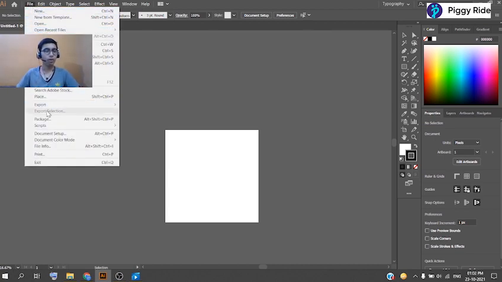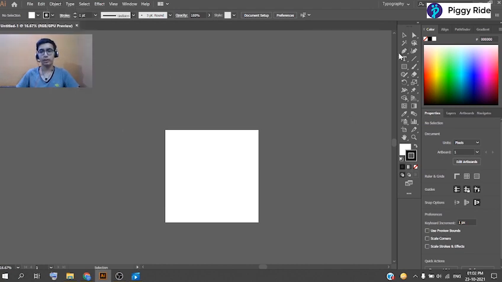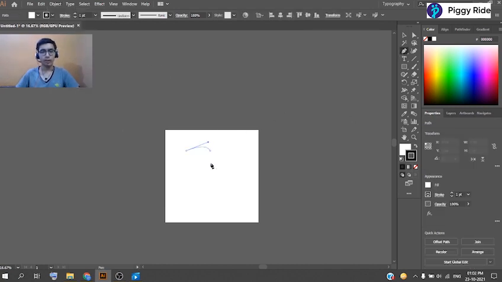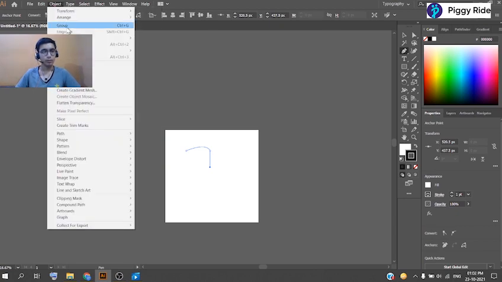As I said above, all the options will be enabled. So you can see that now some options are enabled, and some of the options are disabled right now also because we have not created anything. As we create something, some of the options will be enabled, and some will be enabled after, like if you group something.